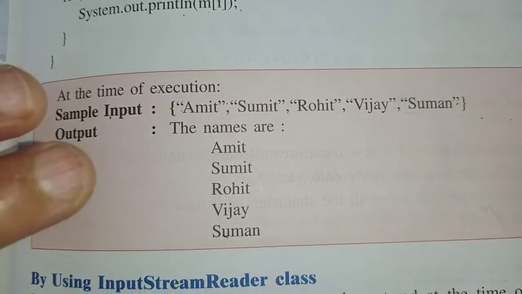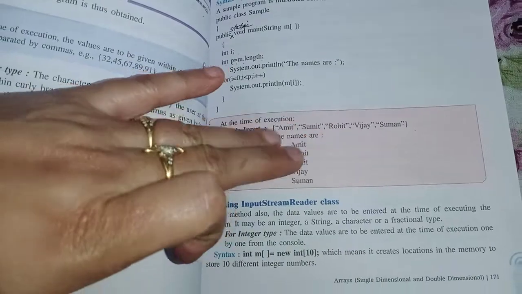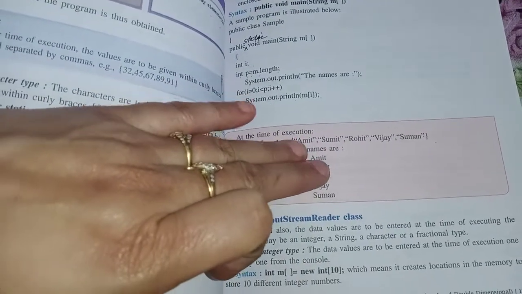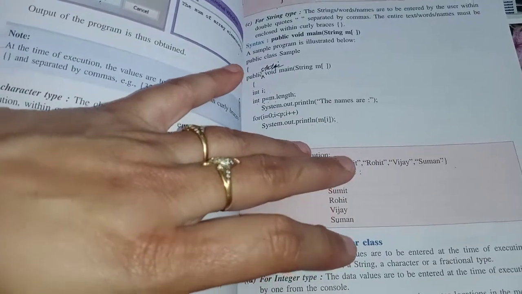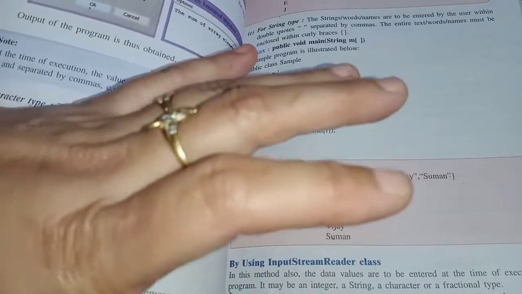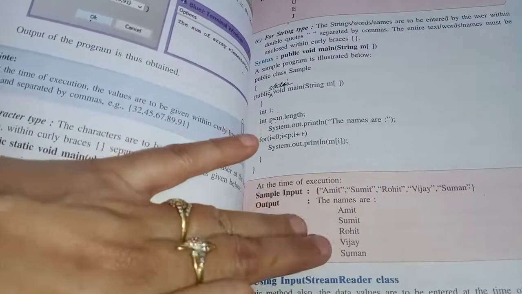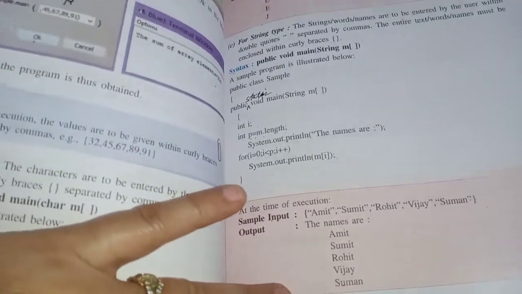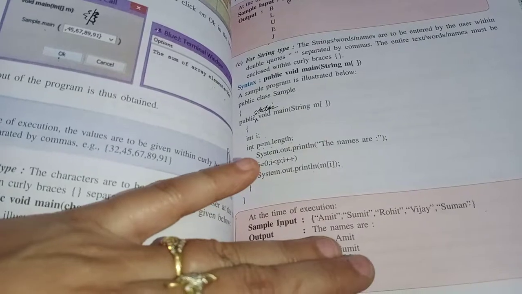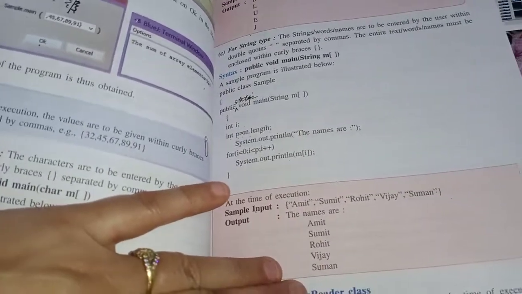So today I am finishing here. Your homework is to do one program with the BlueJ method. Last time I think I gave you a program to calculate the average of 10 numbers using the assignment method. Do the same program, find the average of 10 numbers using the BlueJ method. It is your homework. After doing this, do the program in your copy and send it to my WhatsApp number.